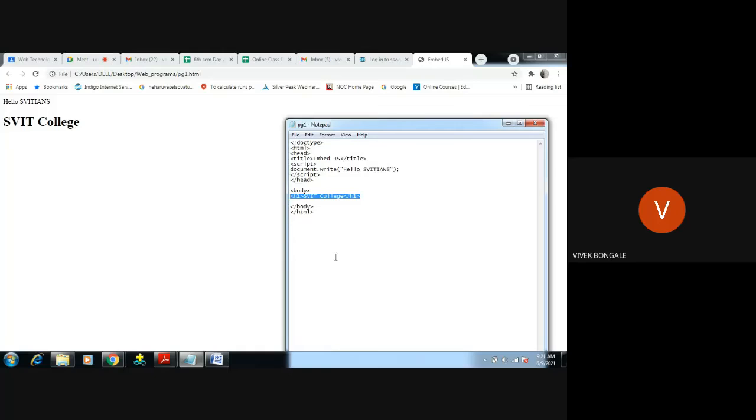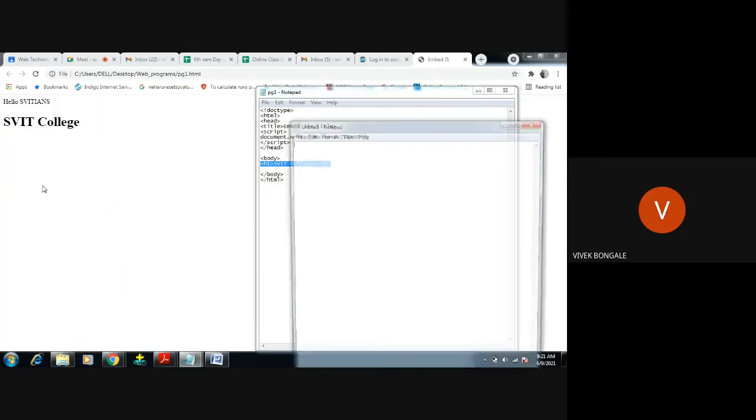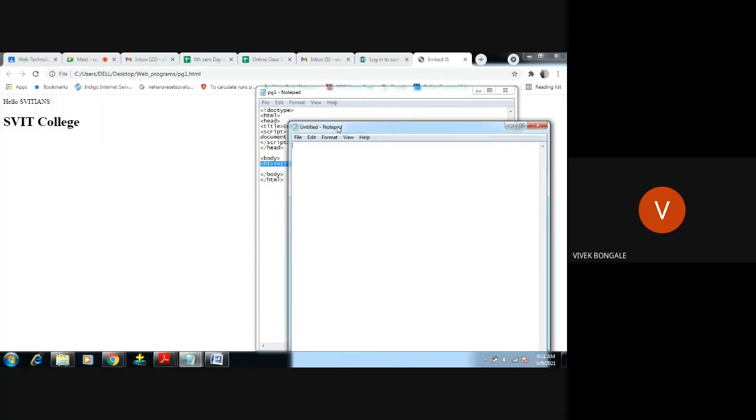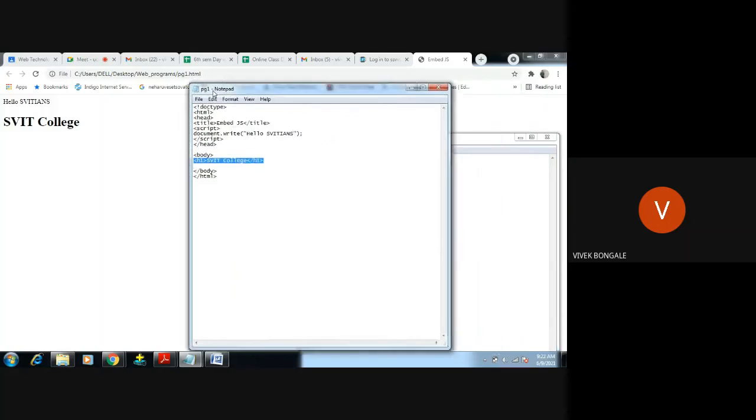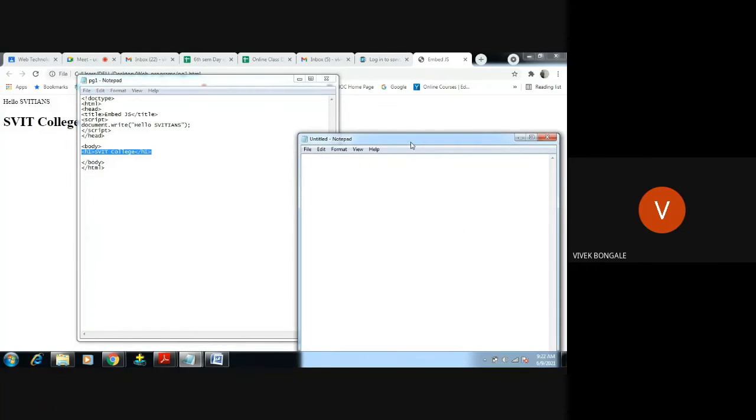For external JavaScript, we're going to take one more notepad file. There we have to write what we want to display in the browser through a JavaScript program.